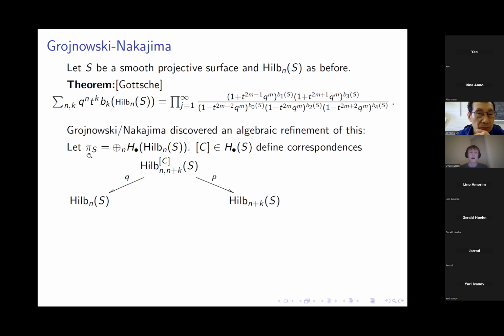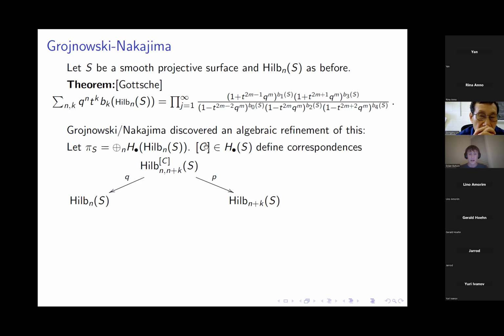So let's let pi sub s, suggestively, denote the direct sum of the homology groups of the Hilbert scheme. And this is the vector space whose Poincaré polynomial is, by definition, the left-hand side above here. And what Grojnowski and Nakajima pointed out is that if you fix a subvariety of your surface S and you